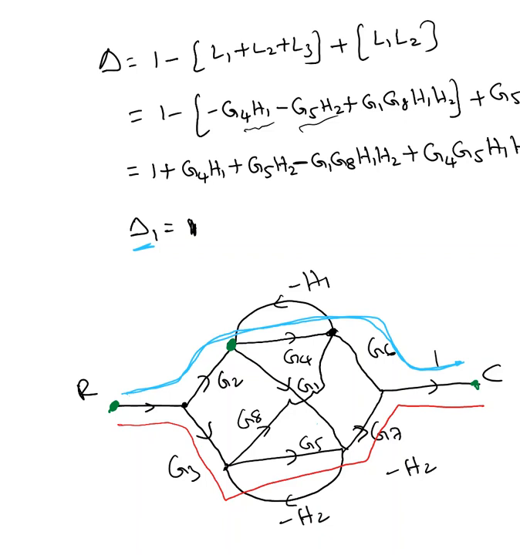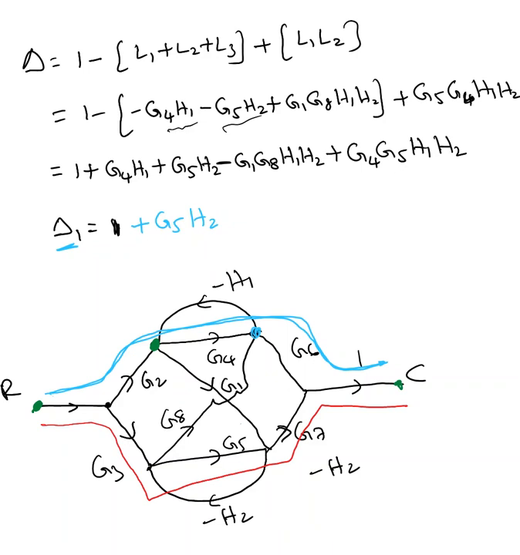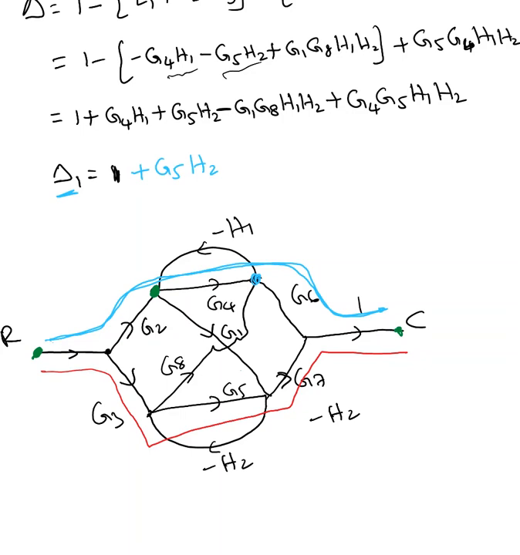So if you look at G4 H1, G4 is in the path 1, so eliminate that part. G5 H2, this is completely away from path 1, so for sure I'm going to include that G5 H2. None of the nodes are touching path 1 and none of the paths are touching path 1. Then the next one is G1 G8 H1. There is a node touching, so eliminate that path. And G4 G5, G4 is already included, so eliminate that part. So delta 1 equal to 1 plus G5 H2,